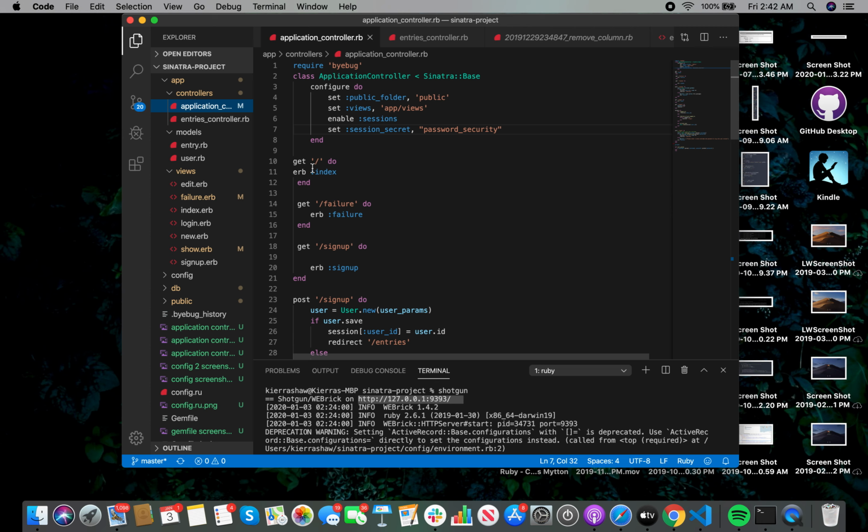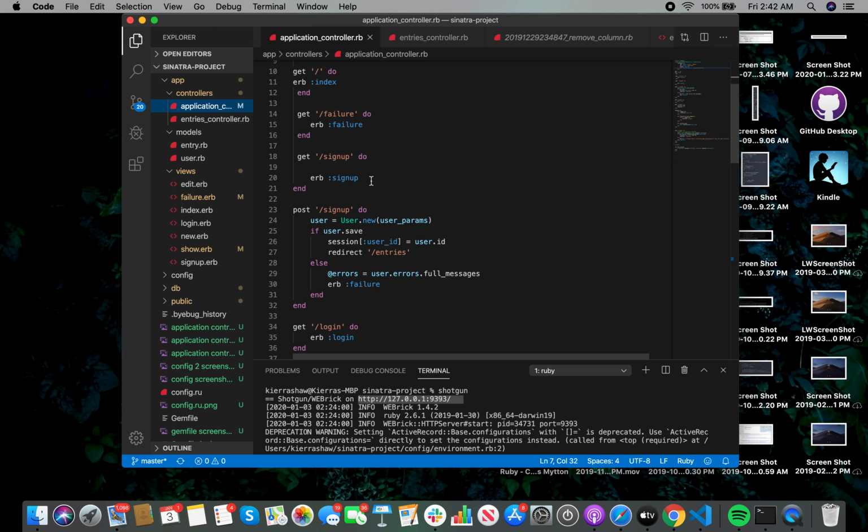So we have this main route, which is our home page, rendering to a failure page if an input is entered incorrectly, such as the username or the password. And we have a sign up,